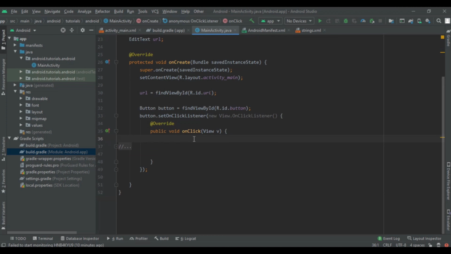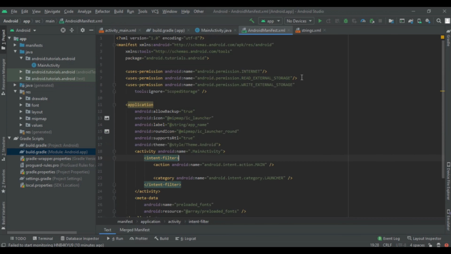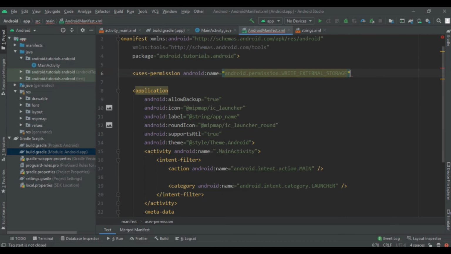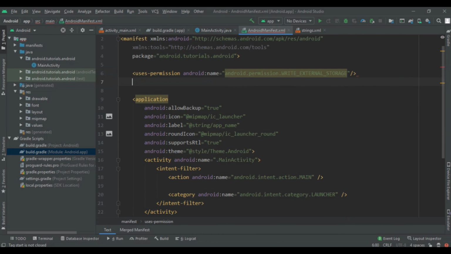But before that, if you forgot to add this dependency, I am going to write the dependencies one by one, so you can see. First is uses-permission, and here write external storage. So implement all those dependencies one by one, and after that we are going to write uses-permission, given read external storage, then close it.